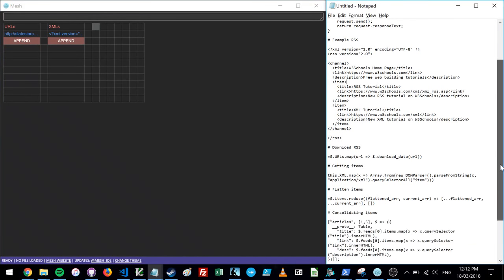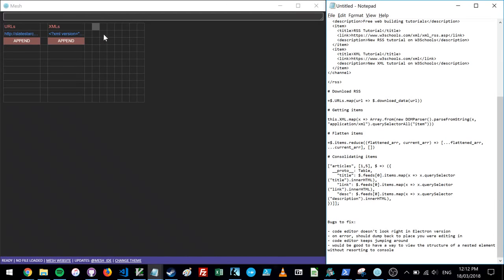Let's actually start doing something with this XML. So let's assume we've got a series of XML strings here and we want to start processing them. So let's get their items. Let's go over here. Let's create the name items and let's map over the XMLs. The way you represent another variable on the sheet at the moment is using the $ sign. So let's go